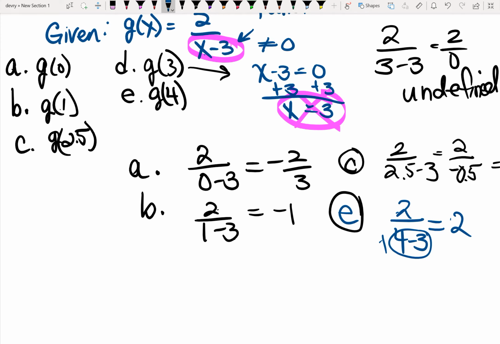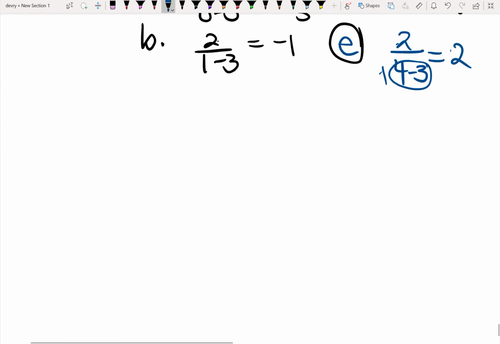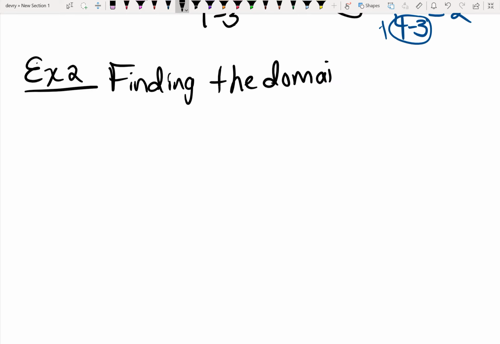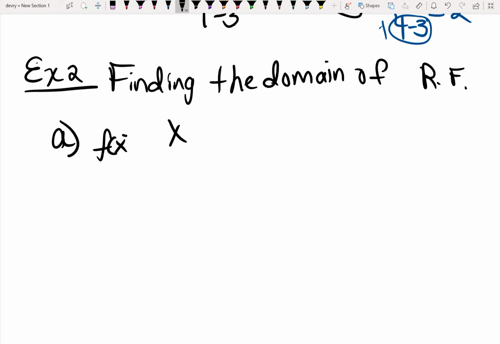Okay, in example 2, we get a little deeper into the material. The first thing we talk about is finding the domain of a rational fraction. I'm just going to put RF at this point. And so we begin with example 2a, where I have f of x is equal to x plus 4